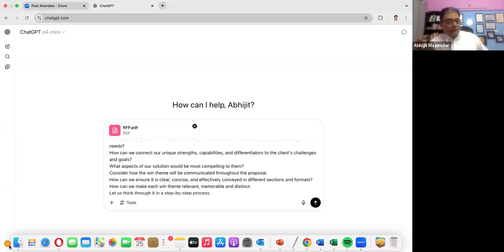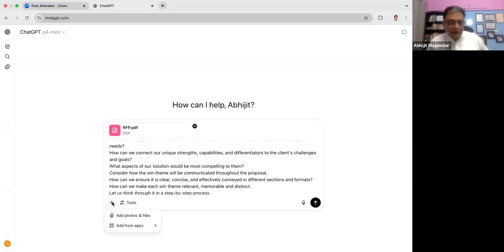There's a connect option where you can connect it to Microsoft Outlook. You can connect it to a G Drive. You can connect it to your SharePoint. You can connect it to OnePoint. Wherever you can point it, even to a folder. The easiest way is to upload it. But if you don't want to upload it, keep it in your folder, connect it to that, and it will read it from there.